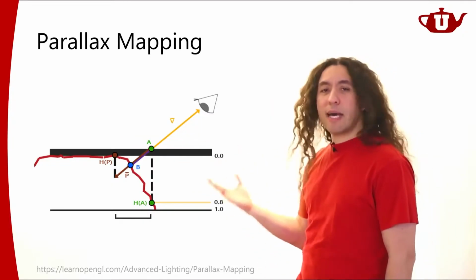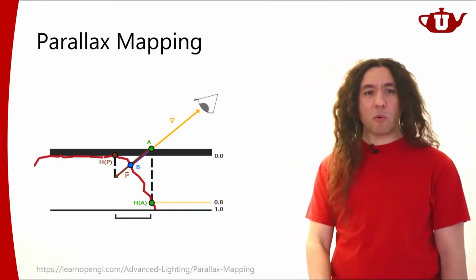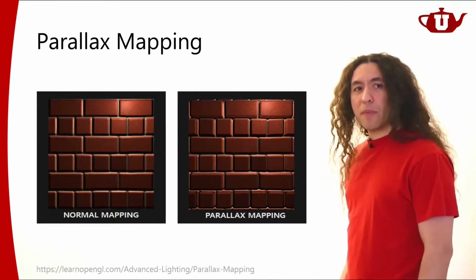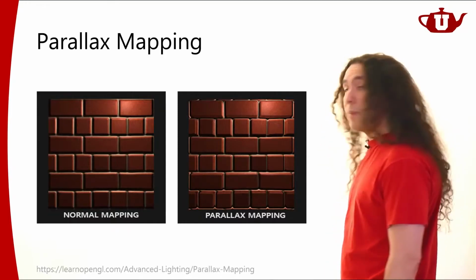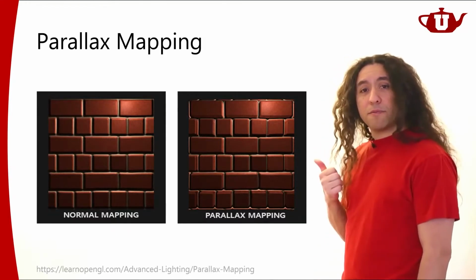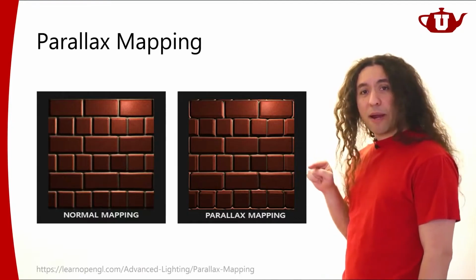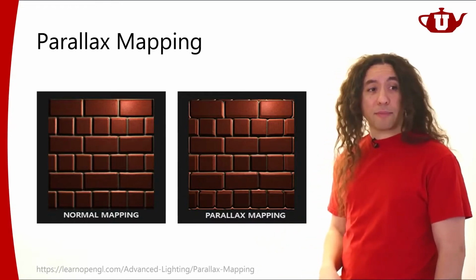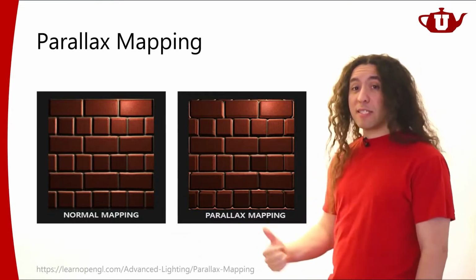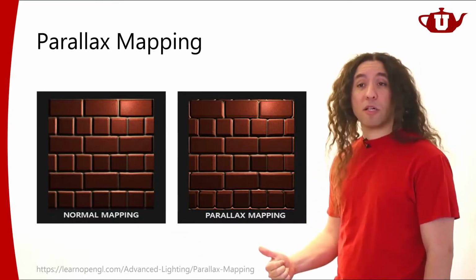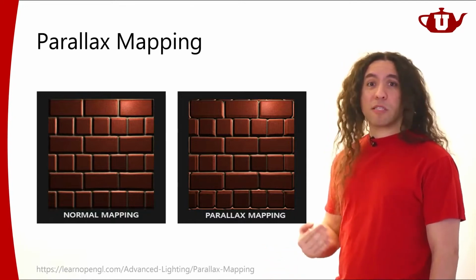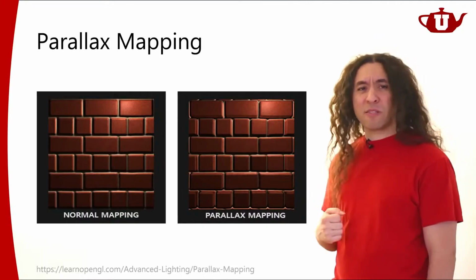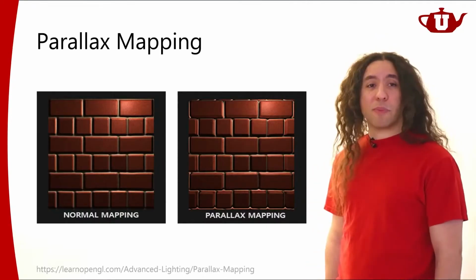So as you can see, it's not exact, it's approximate, but it actually works pretty well. So here's parallax mapping in comparison to normal mapping. If you pay attention, even around the edges, you'll see a lot more detail than you would get with normal mapping. Because this is not just modifying the surface normal, this is actually approximating that displaced surface. It's not exactly computing that displaced surface, but it's approximating it.